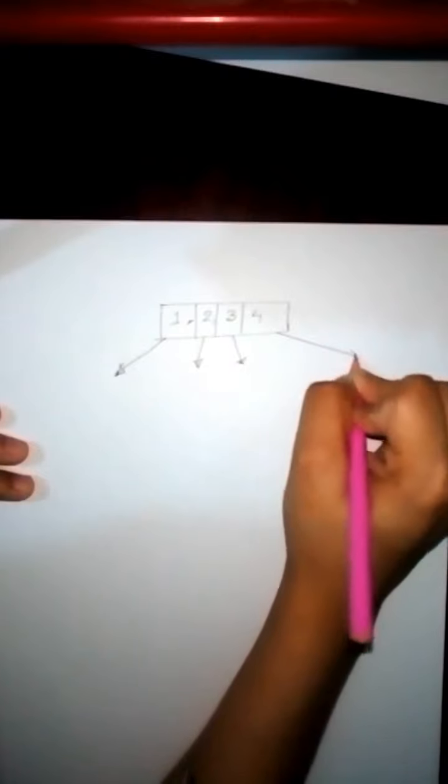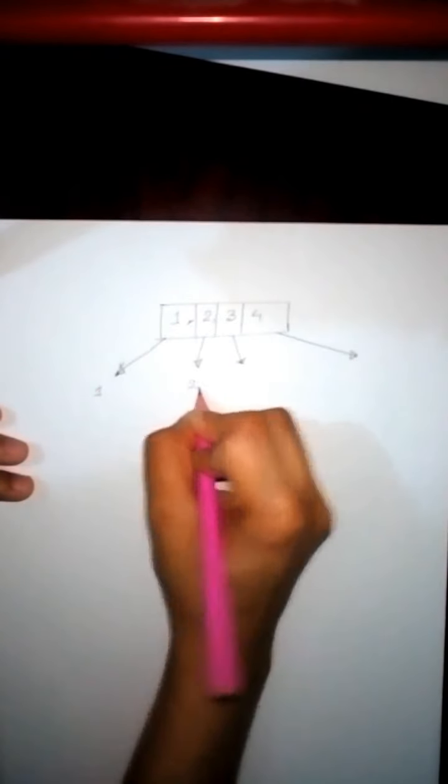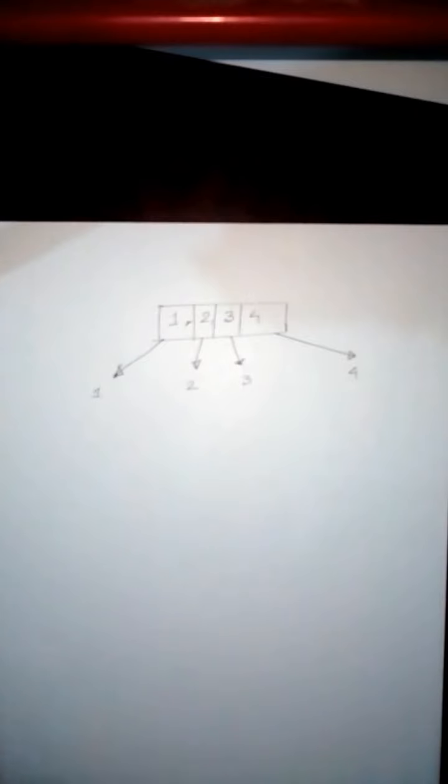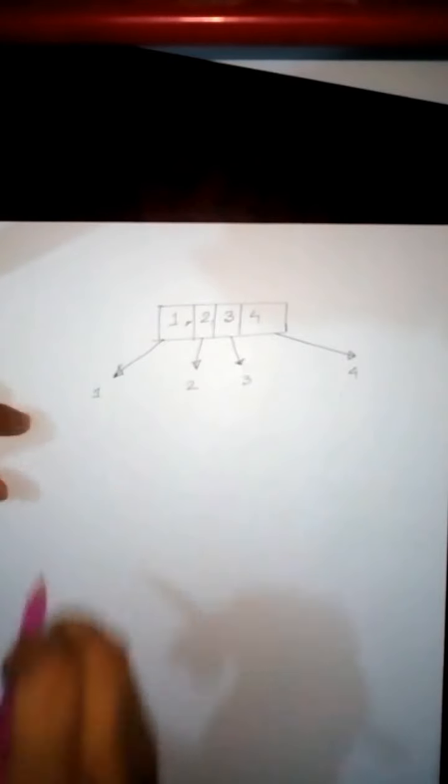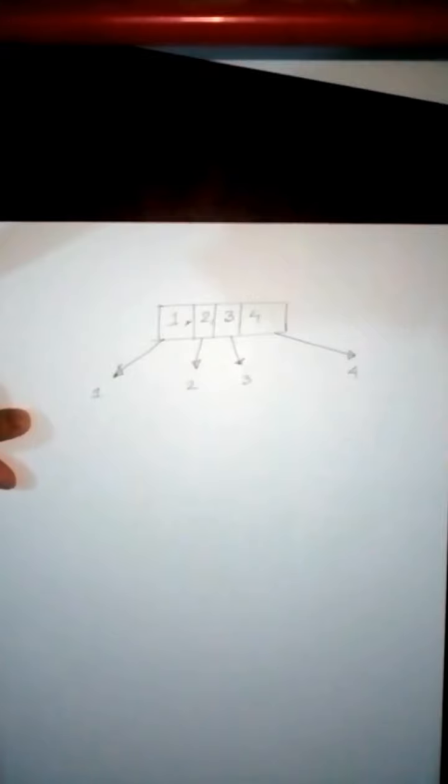So now let us draw the tree structure here. We have 1, 2, 3 and 4, these 4 elements inside the array. So first of all, there will be an empty set, and we have here 1, 2, 3, 4. For this we are going to